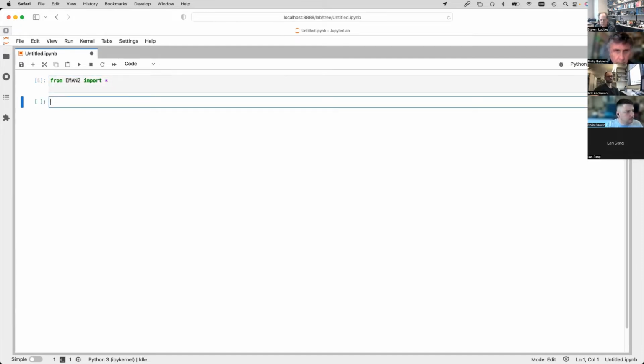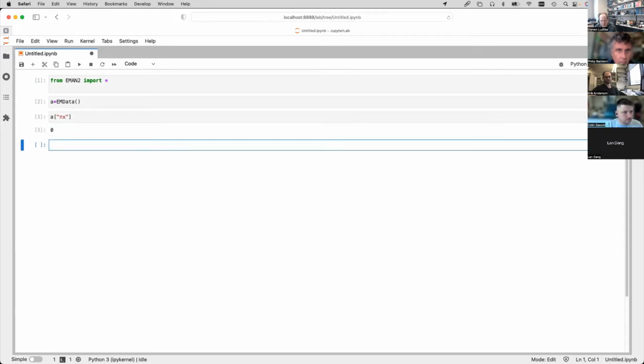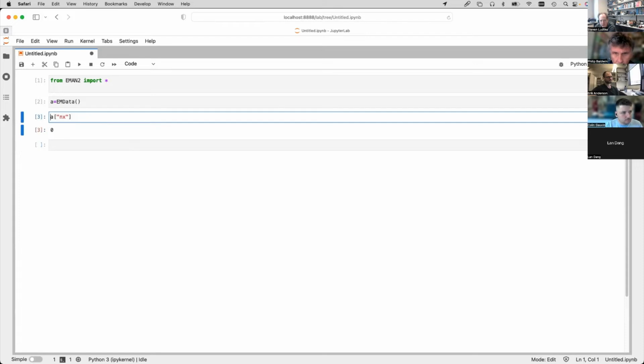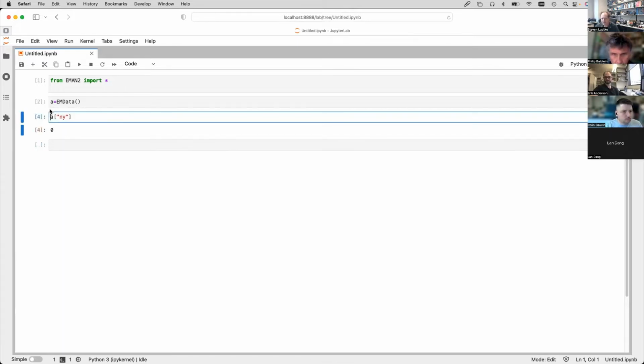Then let's make an EMData object. You can just do this, of course, EMData, and that will make an empty EMData object. And if you want the dimensions, it's a 0 by 0 object, I think, probably. So it's a really empty 0-sized EMData object if you do it that way. So not very useful. Now you can do stuff with it. Once you've created that, if you want to read an image, you can say